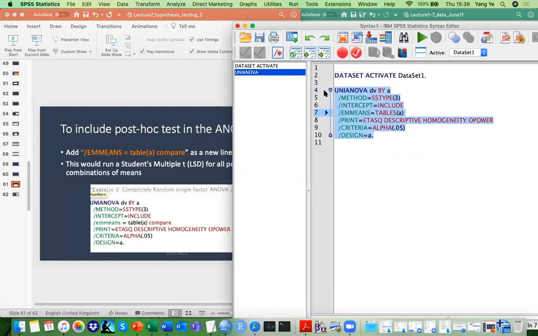So here's the syntax that we had, and we have this line called EM means, which is short for estimated marginal means. So if you just say compare after table A, because we have a single independent variable, if you say compare, and run it,